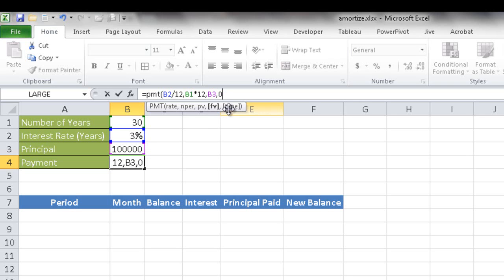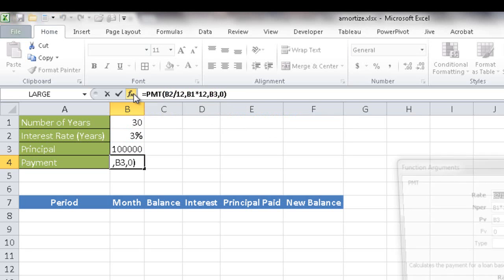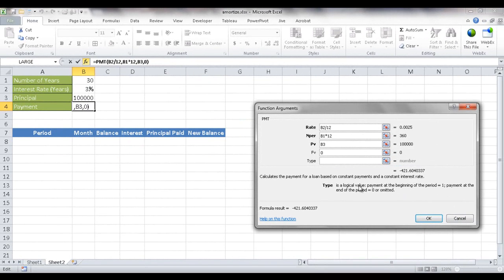And the type, usually with the type, it's talking about will you do the payment at the beginning of the period or the end of the period. I believe that if we don't type anything in, it'll go ahead and take the end of the period as the default. So to check that, I can click on the insert function command here, and if we go into the type here, it will tell us that